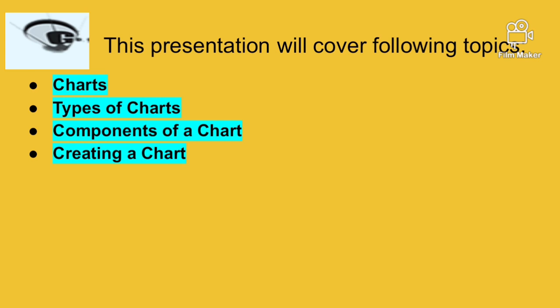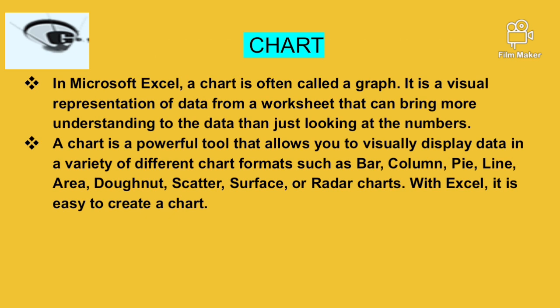So let me just start with the presentation. When working with numerical data in Microsoft Excel, sometimes a chart is all you need to show the meaning behind the numbers in a graphical way. A chart in Microsoft Excel is a visual representation of data by symbols in the form of bars, columns, lines, dots, bubbles, etc. In Microsoft Excel, a chart is basically known as a graph. It represents data in a visualized form.